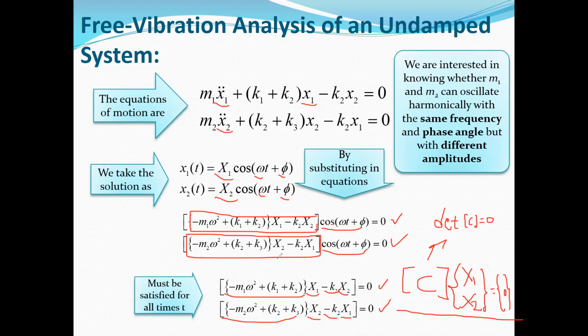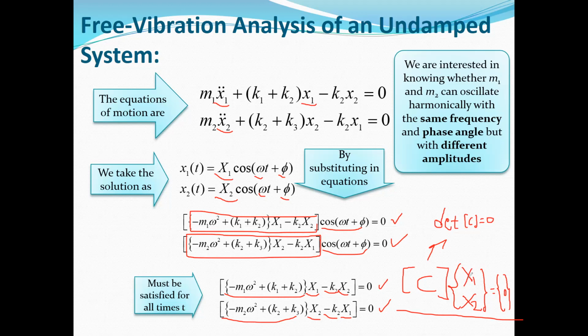The procedure is similar to the SDOF system, but here we deal with a system of equations. In a single degree of freedom system, when you substitute the response as a harmonic, you can easily extract the characteristic equation, which was m alpha squared plus c alpha plus k equal to 0, and we obtain alpha 1 and alpha 2. But here